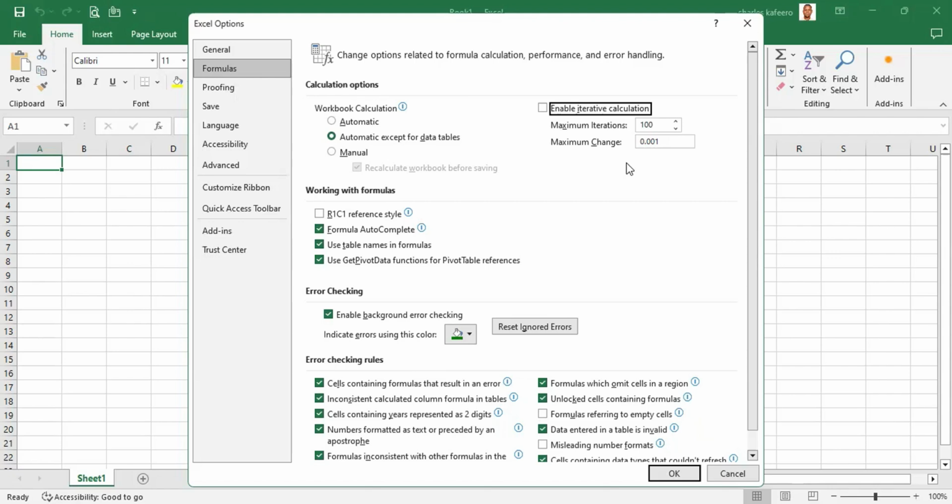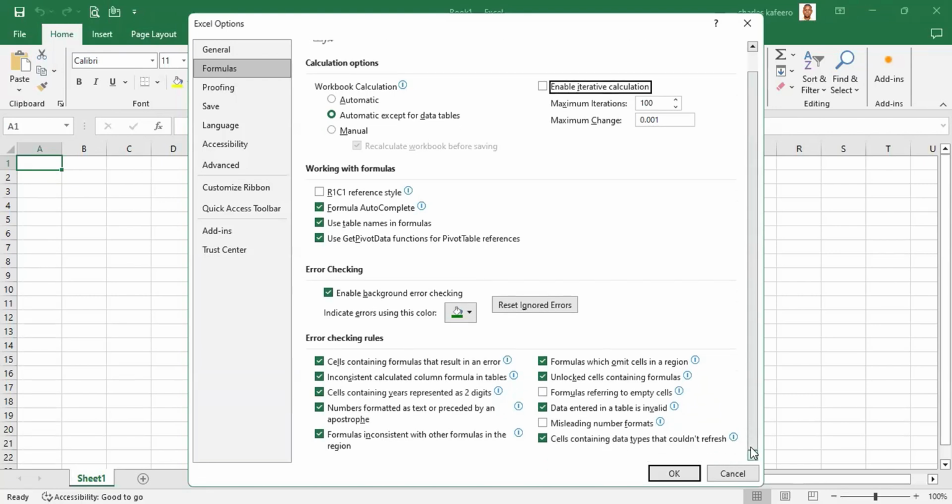Now finally, down here, if we scroll to the bottom, you are going to see that we have the ability to enable background error checking. Now, if you have this error checking enabled, in other words, if that enable background error checking is active, in other words, it is checked,